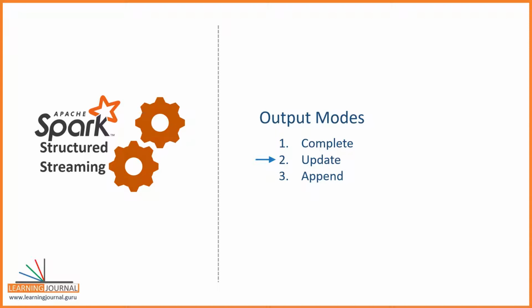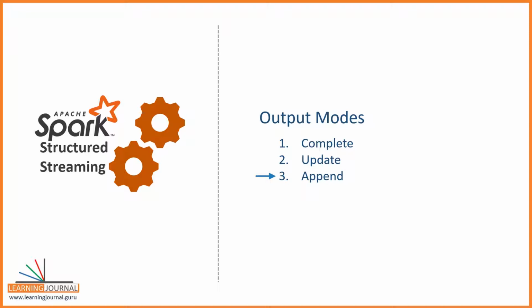However, you should not be using this mode with append-only sinks such as file sink. Because we already know that Spark does not support updating data files such as Parquet or JSON. Spark will always create a new file. So if you are using update mode and sinking to a file source, you will be creating duplicate records. This mode simulates an upsert operation, and it should be used with sinks that support an upsert operation such as Cassandra database.